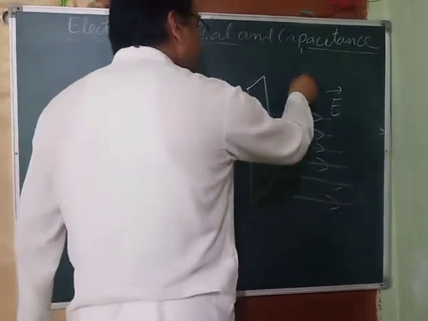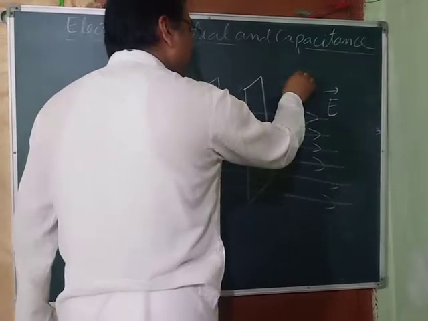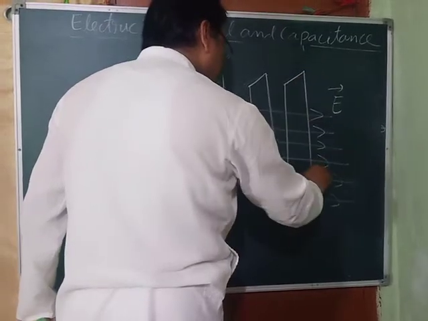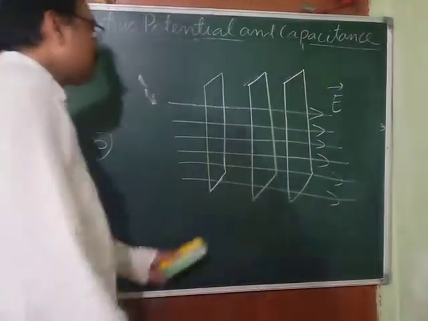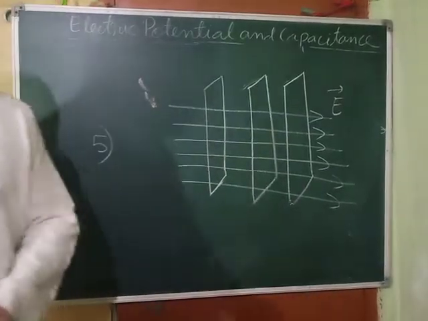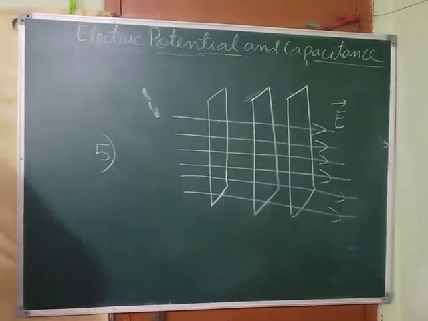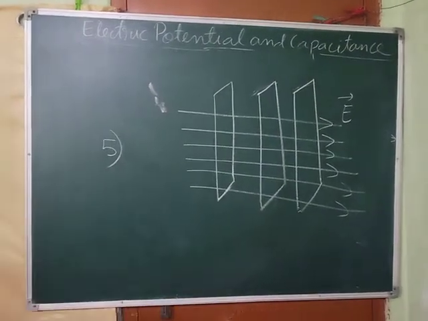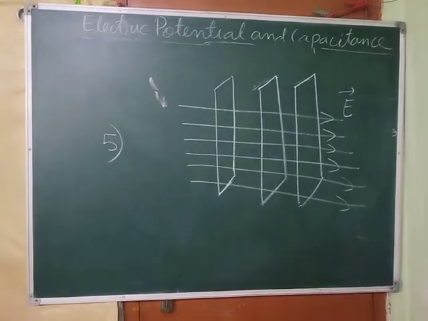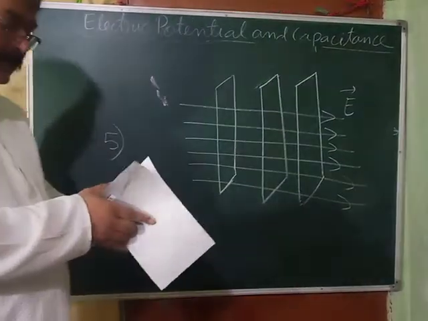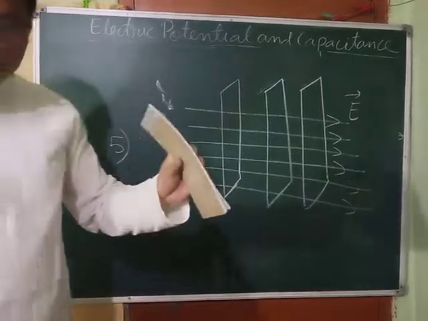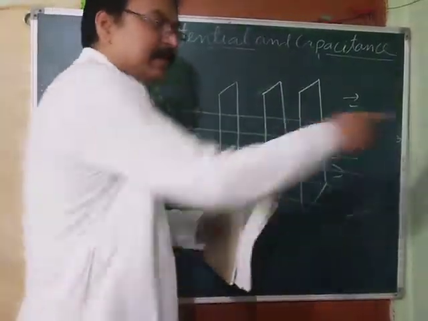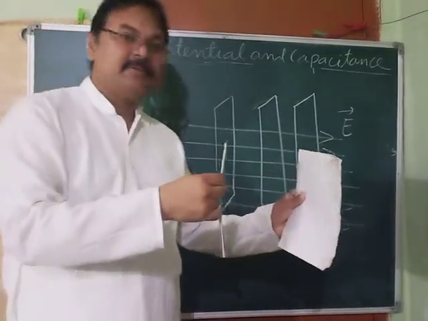These are the parallel planes you can see. So these are the parallel planes. They are kept like this. I can show you how they are kept. I just have to take a notebook and show it like that. Suppose this is one notebook, and I take another also. Suppose these two are notebooks. The electric field is directed in this direction, so these planes are like this.